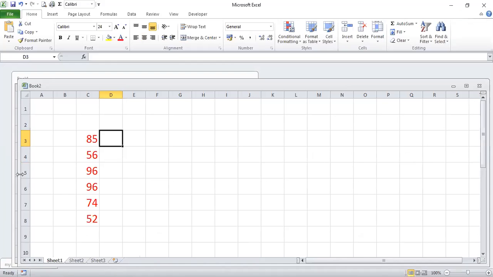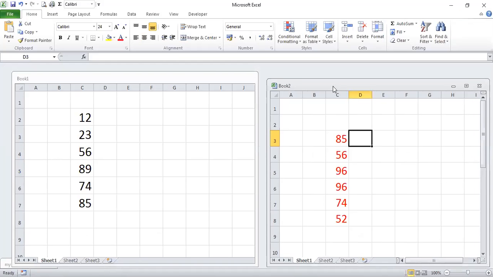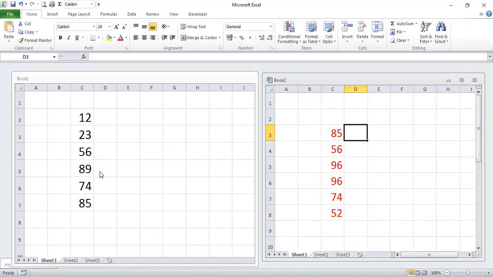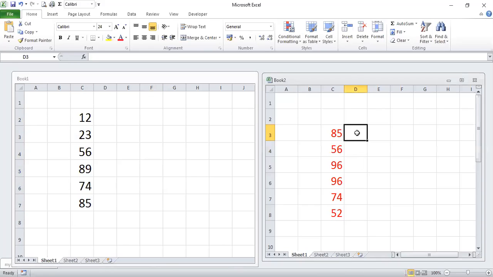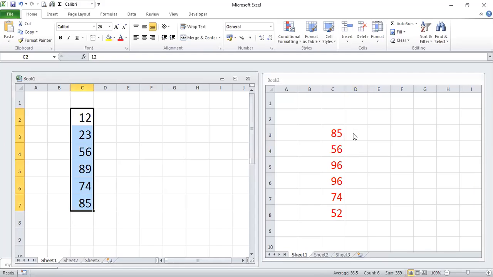So now we have two sheets. One is book one and the second one is book two, right? Now let's say I want the sum of all these values here. I want to use the same value over here.